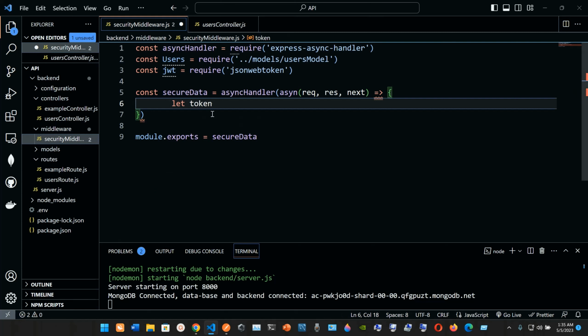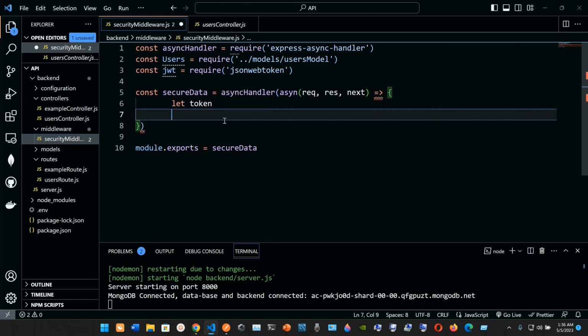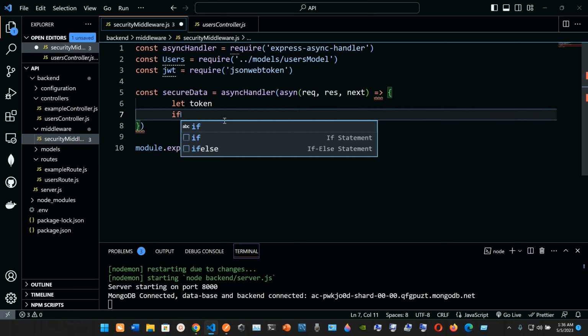Okay, you can call it token JWT. I'm just going to call it token. So we're going to initialize it like that, and we're going to have the if statement declaration. So if